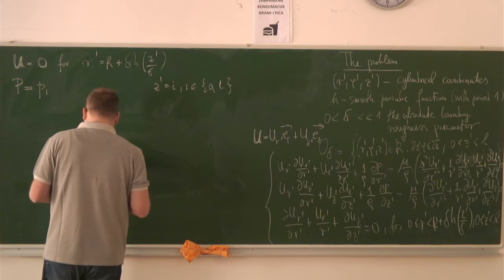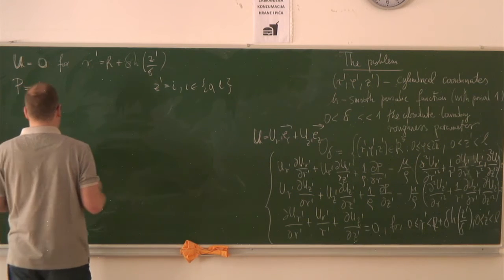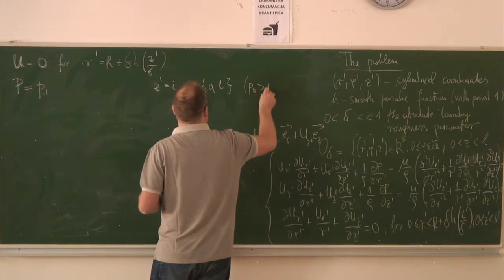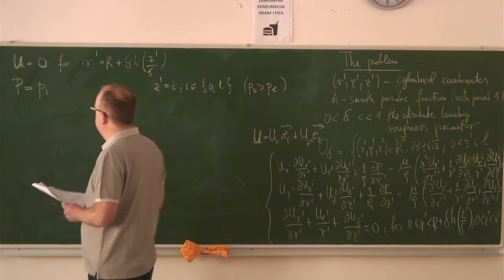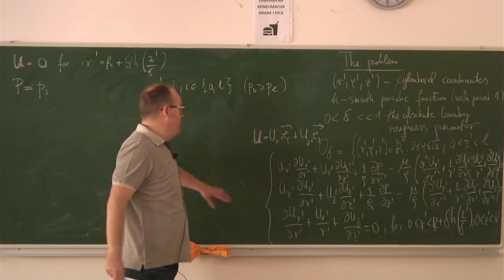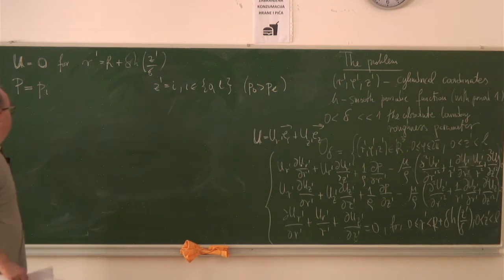So we assume here that this P0 is greater than PL. However, in order for the Navier-Stokes system to be well posed with regards to the pressure boundary condition,